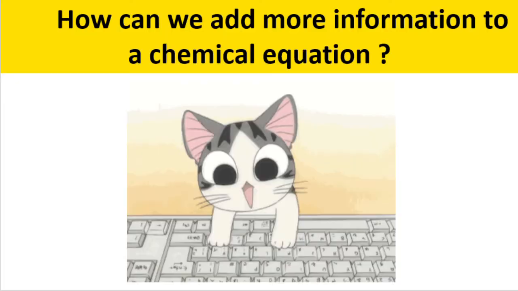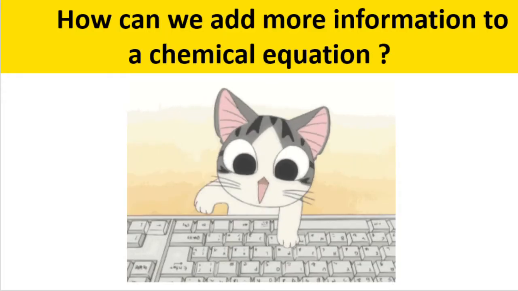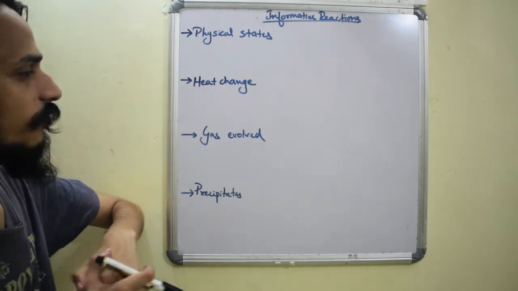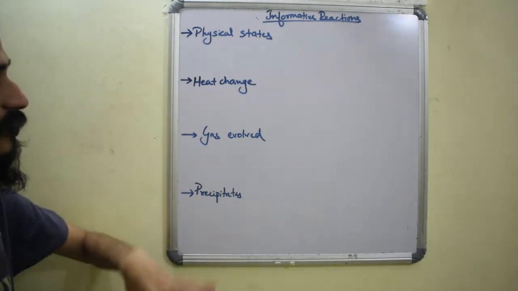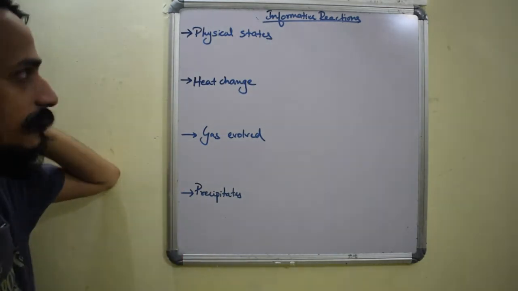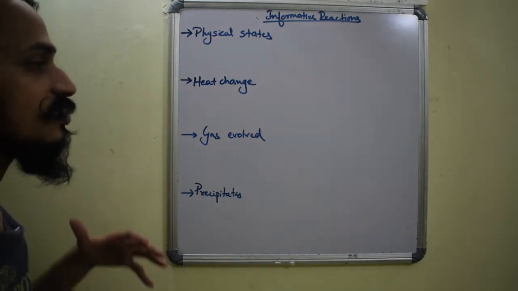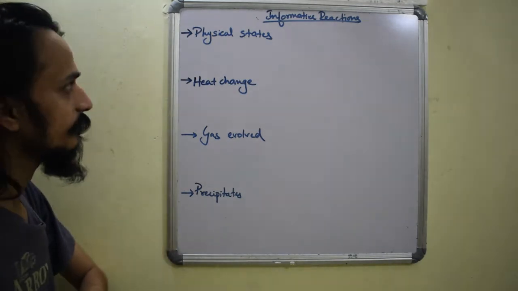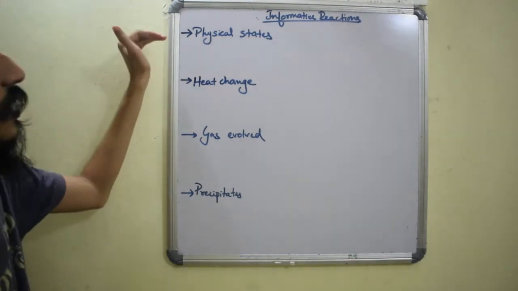Now we'll talk about four major things when we talk about information. One more thing which I'll add in the last. We'll go one by one for each with examples to make you understand. Okay, the first thing is